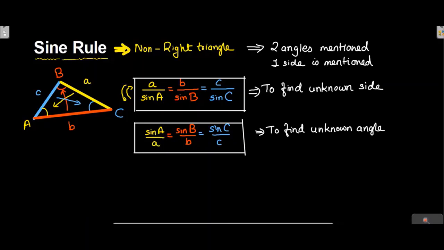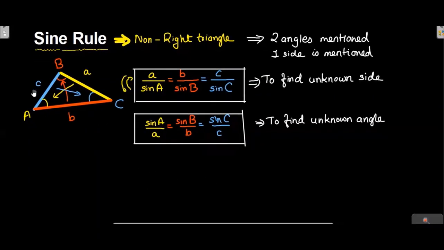To solve the question, I will start substituting the numbers, because every time the triangle won't be ABC or PQR. It can have different letters also. In the exam they might give you different letters, or sometimes they don't give you letters, and you should still be able to use the formula. Okay, let's solve the first question.